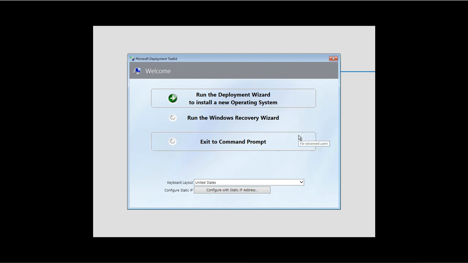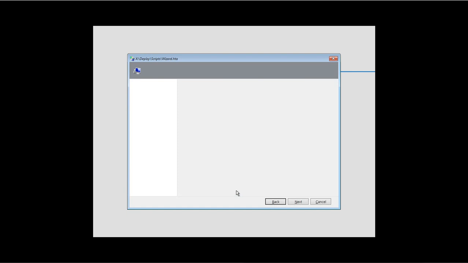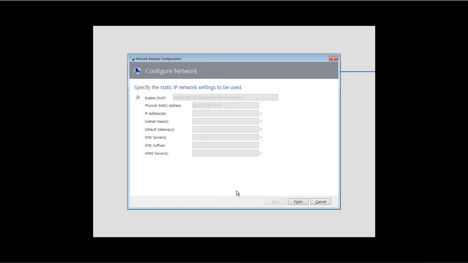Now first what you have to do here is select your keyboard layout. Based on the keyboard layout, my keyboard layout is US, so I will go with this. Now the other thing, you have to configure the IP addresses, the IP addresses which are required to connect to the deployment server. Now when you click on it, you have two options. You have the option to select DHCP, that is selected by default. DHCP means it is going to configure the IP address automatically. It will get the IP address information, all this information, from the DHCP server remotely.